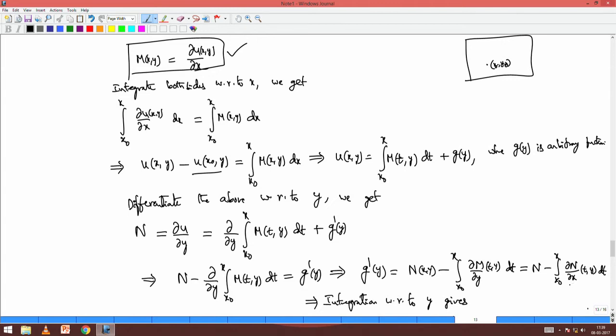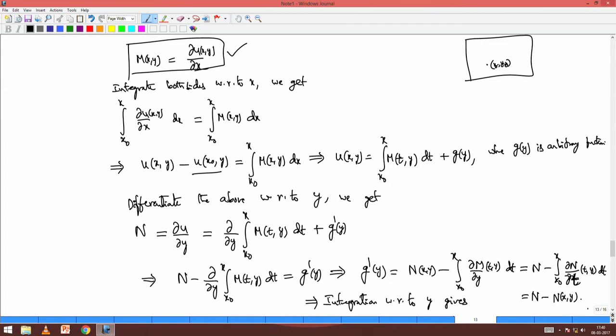so what you have is ∂M/∂y, a function of (t, y). So, this should be dt. I made this mistake. So, you have ∂M/∂y as a function of (t, y), it will become ∂N/∂t of (t, y), since the variables are x, y. ∂M/∂y equals ∂N/∂x when it is a function of x, y. Now, it is a function of (t, y), so I have ∂N/∂t. So, this is actually equal to N minus, as already you have N of (x, y),